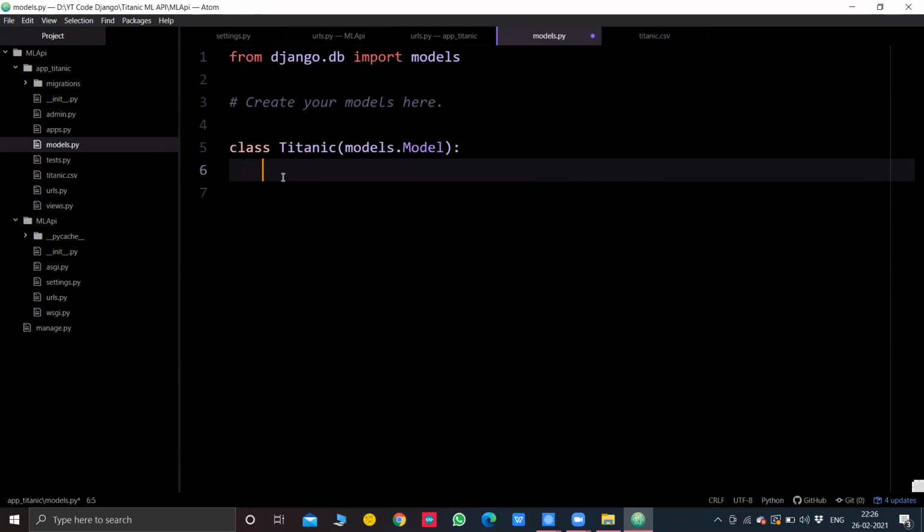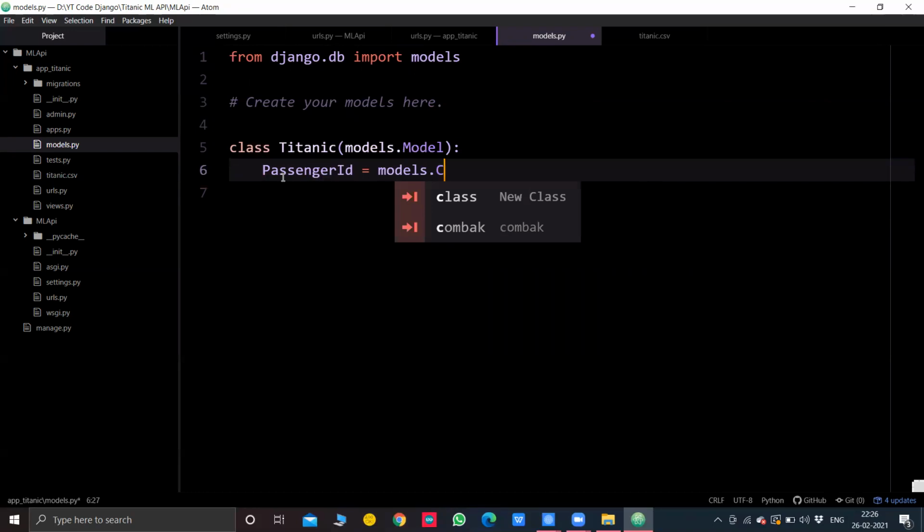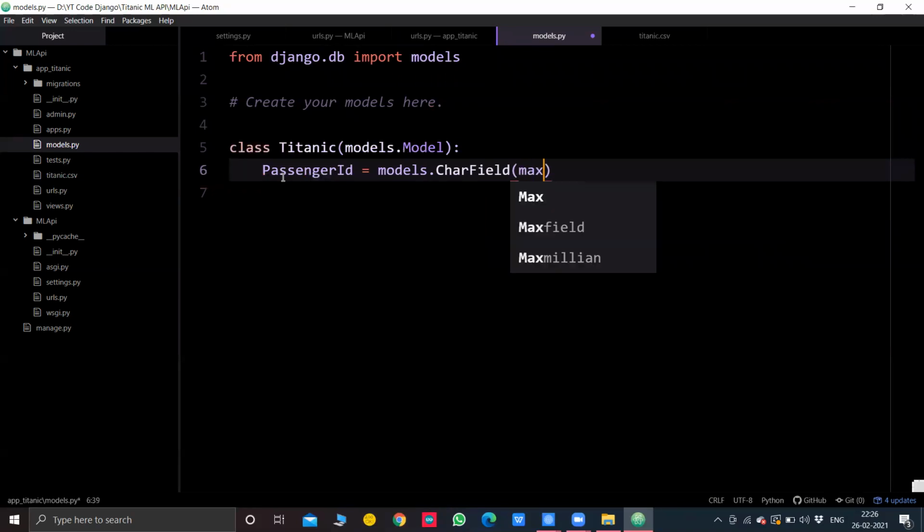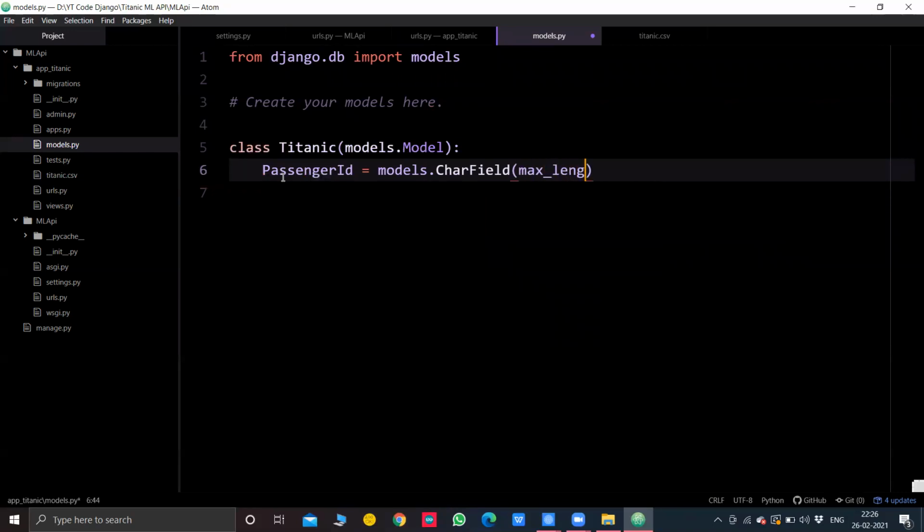So I'll write passenger ID equal to a char field, a character field with a maximum length of, let's say, 50 characters. That will be more than enough.